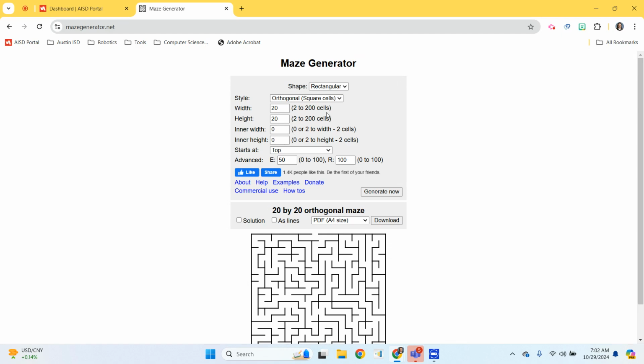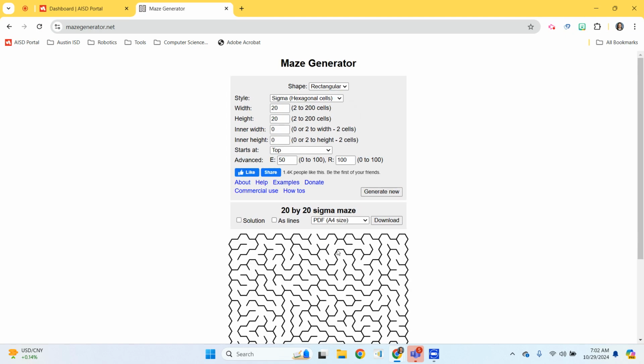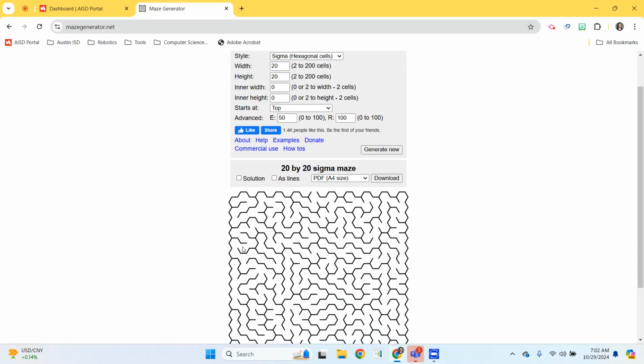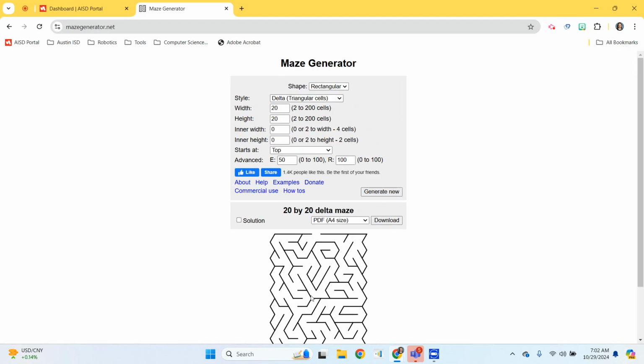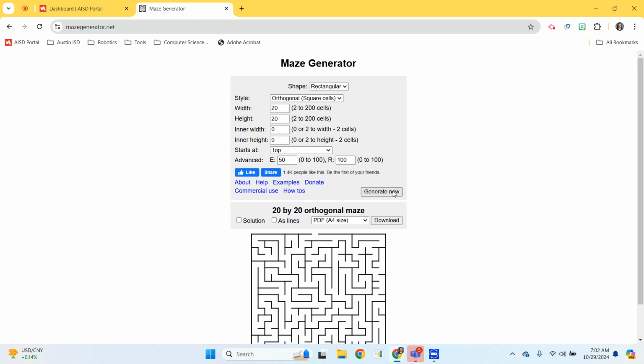So for the sake of this tutorial, I am going to do a much smaller maze, but before that let me just show you it can do these other interesting shapes. This kind of reminds me of a little honeycomb, and then this is a triangle. It gives us some other designs, which is really cool, and it'll be extra credit if you can do those in OnShape. But for this assignment we're just going to do the simple squares, the orthogonal,